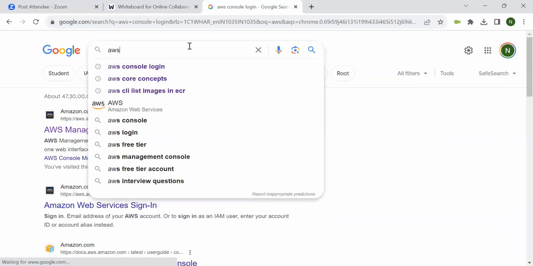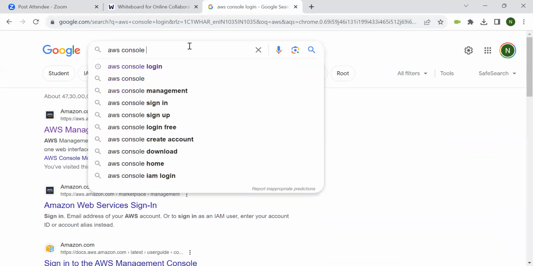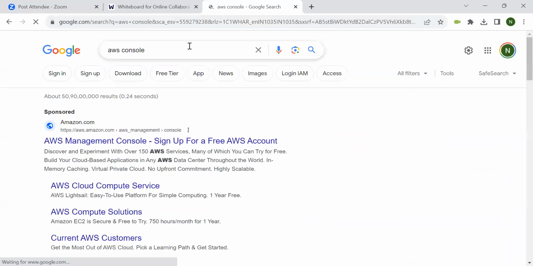So what we need to do is first get a sign-up for the AWS account. Hey guys, before doing this, I want some information from you. How many of you have worked in AWS? Did you guys work anywhere in AWS earlier? Chandrasekhar, Kiran, Naveen, Sharanya, Saina, Tejasvi, I want answers from you. Have you worked in AWS earlier?